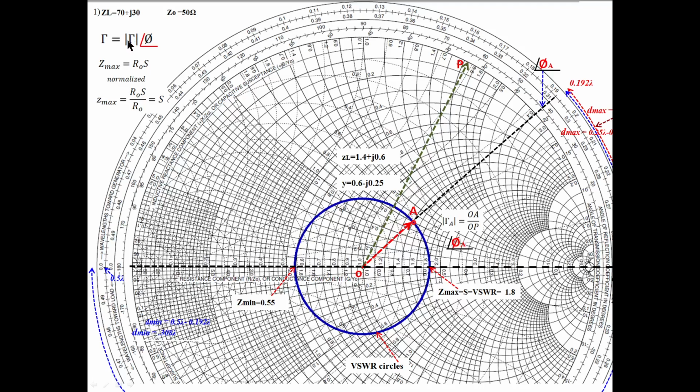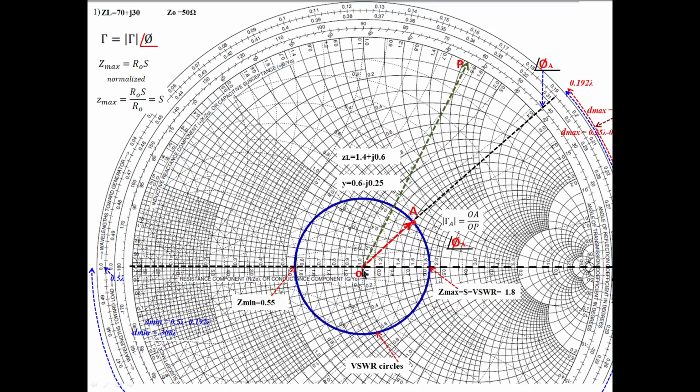To find the magnitude of the reflection coefficient, I told you to measure the distance using a scale on your Smith chart hard copy. Mark this point on the Smith chart. One more measurement: simply draw a line in any direction from the center of the Smith chart to the r equal to 0 circle. Measure that distance using a scale on the hard copy.